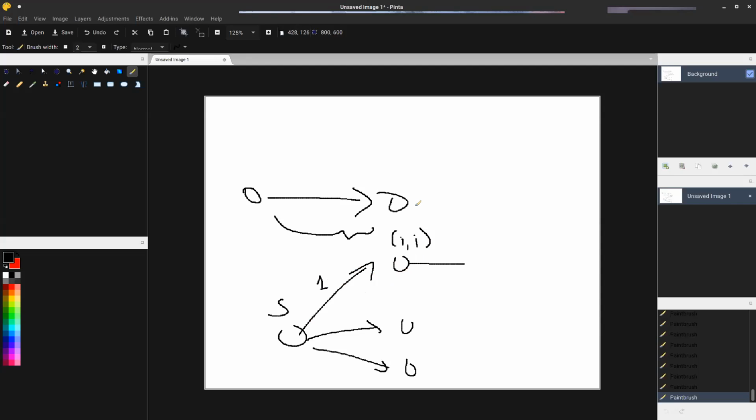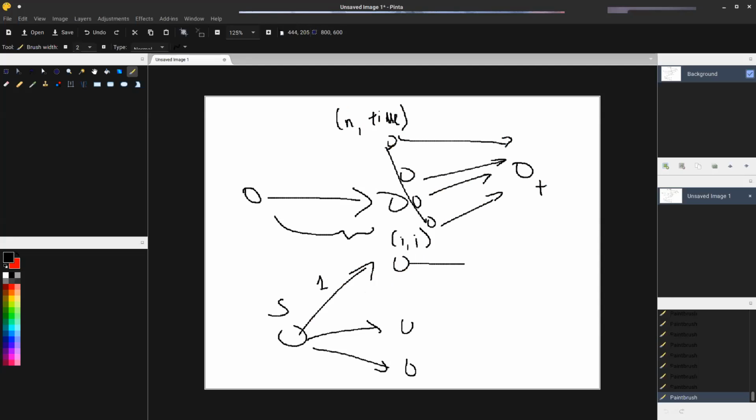And for all of these node n time states, you will direct them to the sink with capacity of infinity. So you build this flow graph and you run a flow algorithm to find the maximum flow from the source